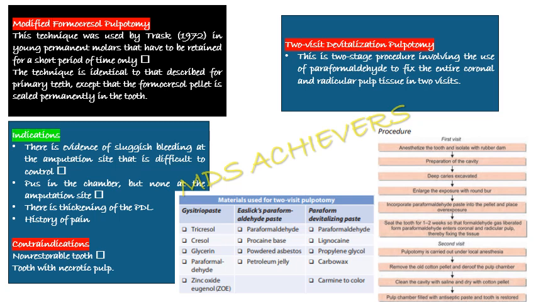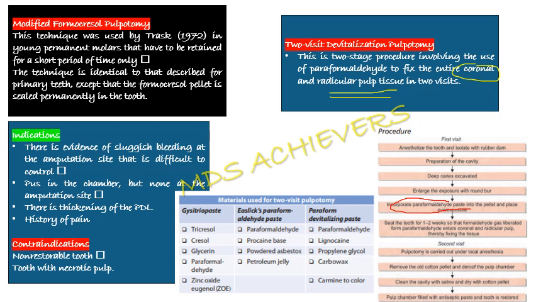Next, the two-visit devitalization pulpotomy. This is a two-stage procedure involving the use of paraformaldehyde to fix the entire coronal pulp and radicular pulp. That is, the entire coronal pulp and radicular pulp are fixed in 2 visits. In the first visit, we give anesthesia, isolate, prepare the cavity, do deep caries removal, enlarge the exposure site with a round burr, and then incorporate the paraformaldehyde. Paraformaldehyde paste is incorporated in a pellet and placed over the pulp exposure, and then they seal the tooth for 1 to 2 weeks so that the